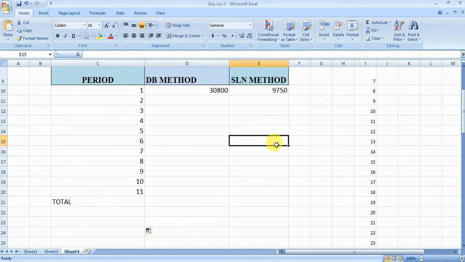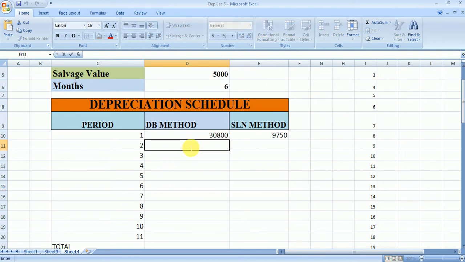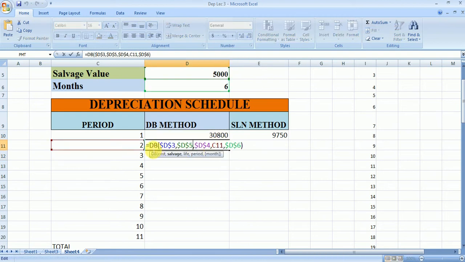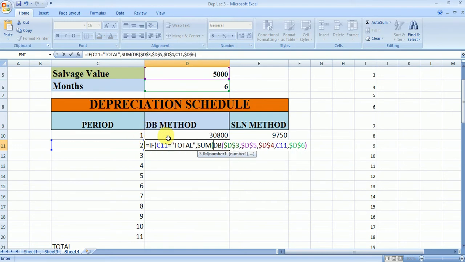Now we'll calculate the depreciation according to the DB method in the second period. First we use the DB function here, and I can simply copy this formula to the other cell. Now I am going to apply the IF function here. If this cell number equals total, then it should calculate the sum, that is this cell.